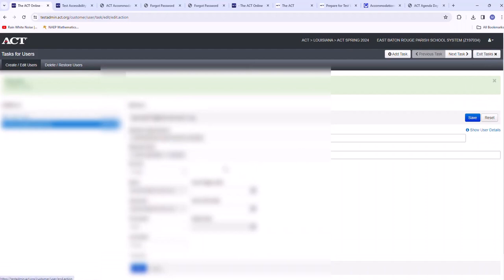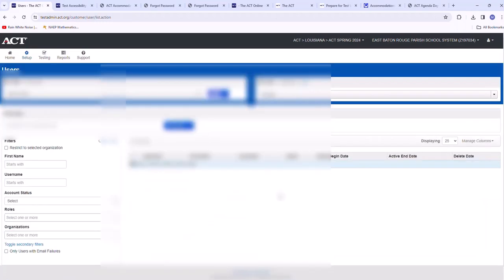Okay, so he has importer role. Some of you may not. At some point, probably in December, because you don't need it right now, I'll go in and see who has the importer role, and then we have to contact the ACT to have them added to you, because I can't give it. Okay, so any questions on the importer role?